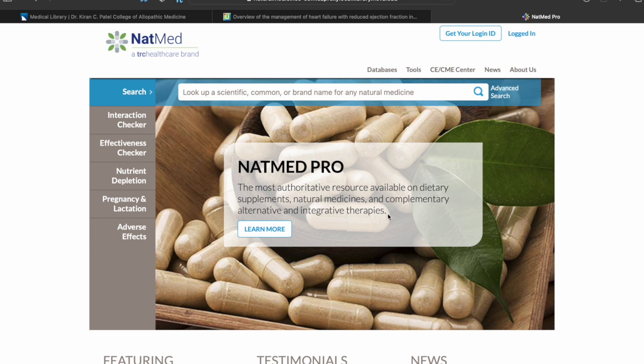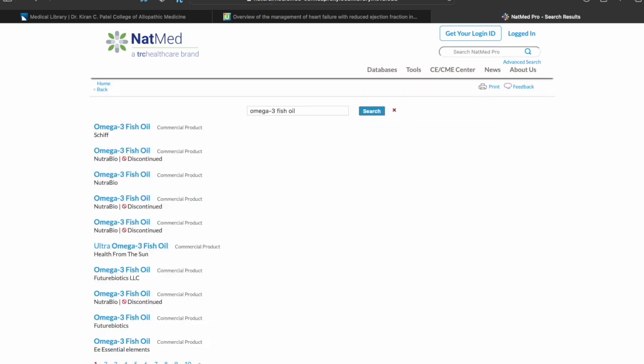The thing that I don't like about UpToDate is that it doesn't have that many natural medicines included in its treatment plans. For that, you're going to have to go to a different database called Natural Medicine Database. The reason for this is that obviously research is very expensive, and in order to do research on natural drugs or natural supplements, you're going to need to spend that money on things that already exist, and the pharmaceutical companies are not going to be thrilled on spending a lot of money on supplements that might be cheaper than those